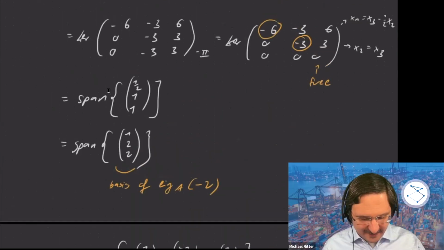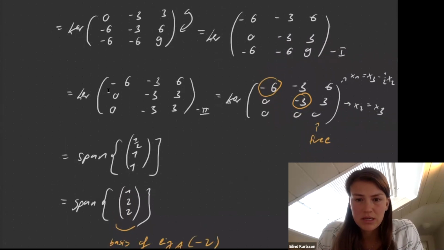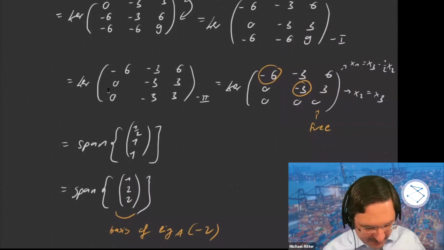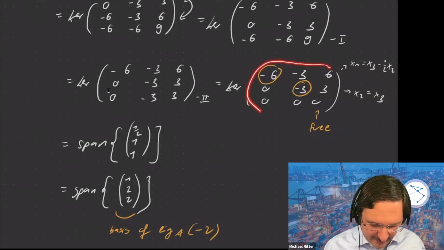So is it possible to get a repetition of how to get the span from the eigenspace? That was the question. Let's start with this one. This is probably easier here. So here I have the row echelon form